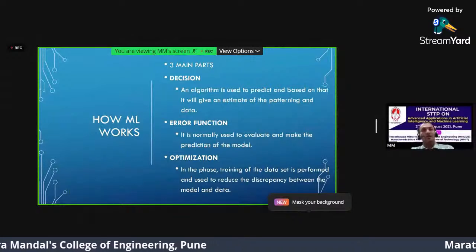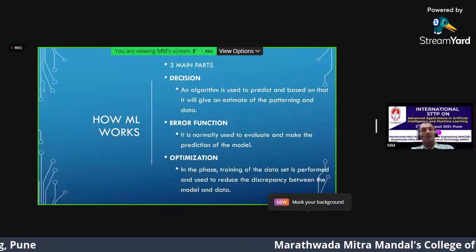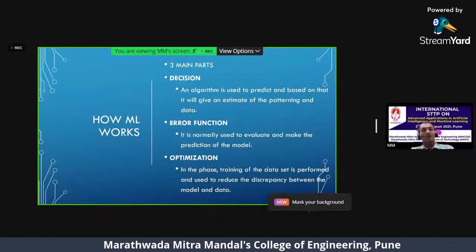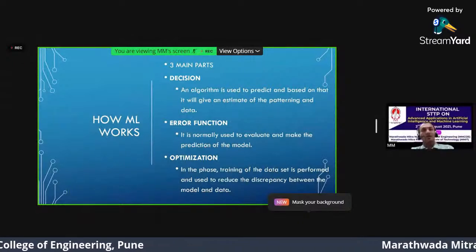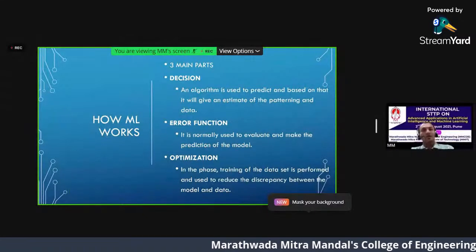Now it is quite possible that when it gives decisions or predictions, they might not be accurate. There might be some errors, it is not up to the mark, or it is not what we were expecting. So based on that, it can be evaluated again, and we can have